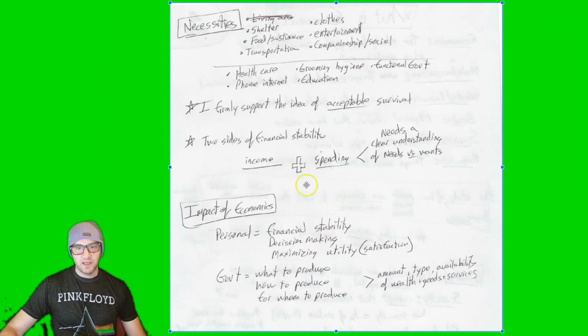And to conclude, the impact of having knowledge about economics. In a personal sense, knowledge of economics will help you achieve financial stability. It will also help you examine your decision making to better make decisions in your life to increase your happiness and further you along towards your goals. And it will help you maximize your life utility. Utility meaning satisfaction. An understanding of economics is, I would say, virtually essential for having financial stability and, quite frankly, possibly happiness in life, satisfaction.